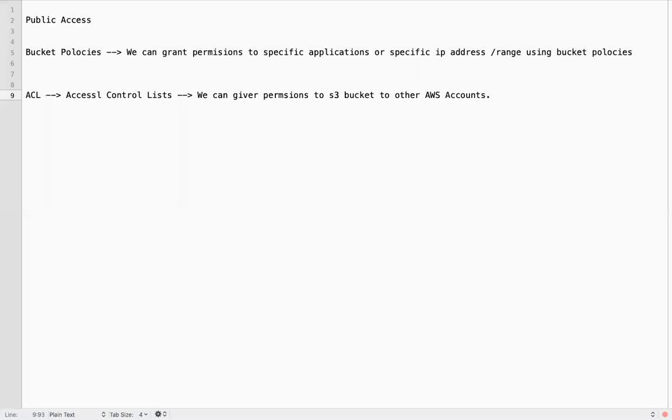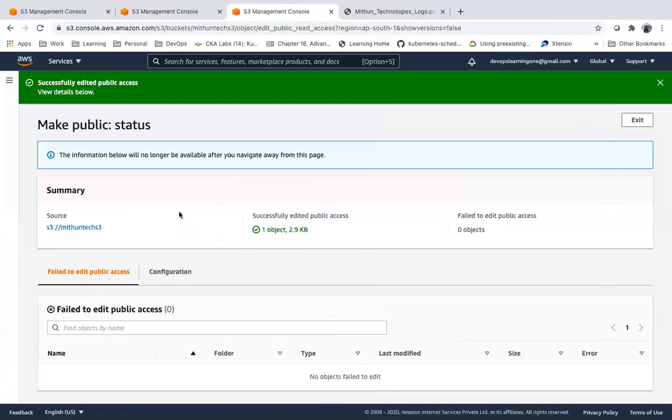We can share our S3 bucket with another AWS account. So using ACL, I can grant permissions to my S3 bucket to another AWS account. These two are only object policies. We are trying to give policies to the objects. This is where we are trying to give permissions to the S3 bucket itself using access control list. Suppose I want to share this S3 bucket with some other AWS account.